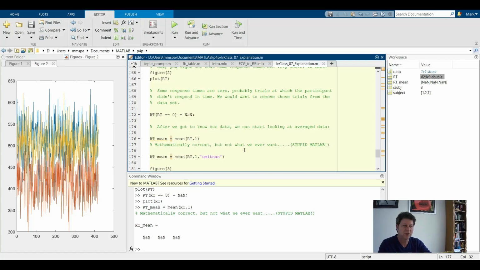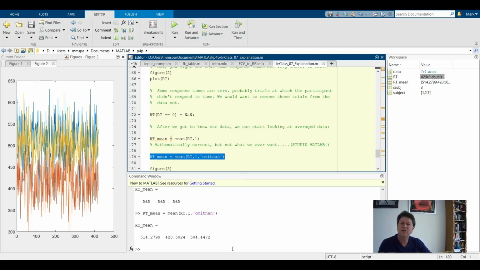We just want the average for all the numbers that are there. MATLAB, thank God, has a way to do that, and that's just by adding the flag omit nan to the mean function. So if you do that, you will see the means are calculated without the zeros and without the